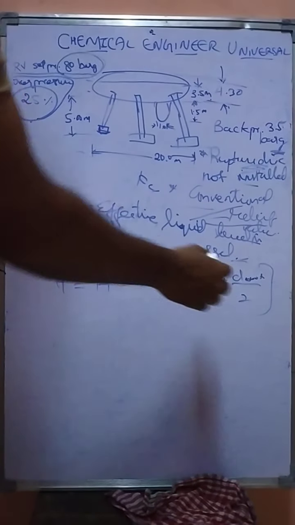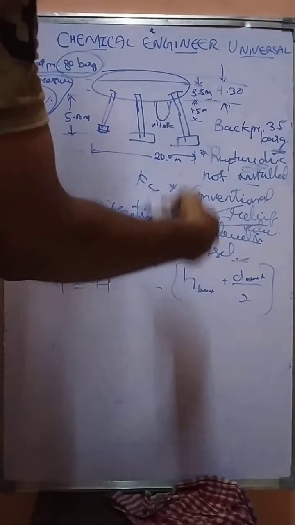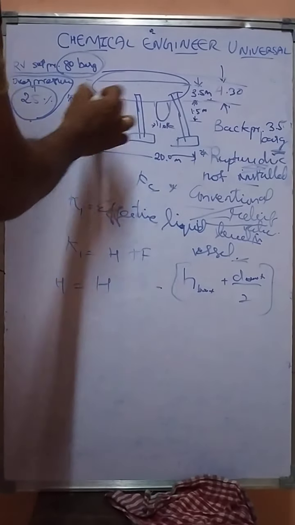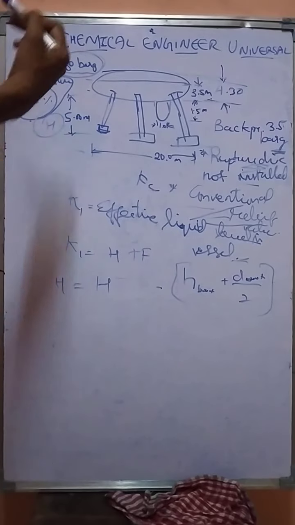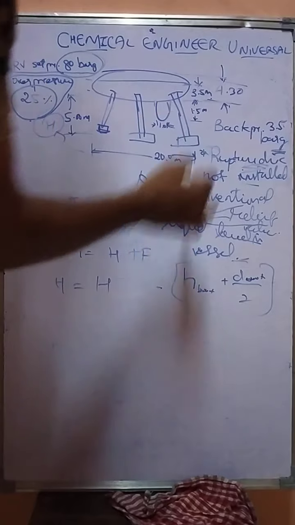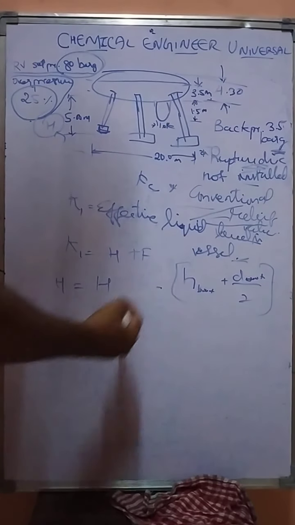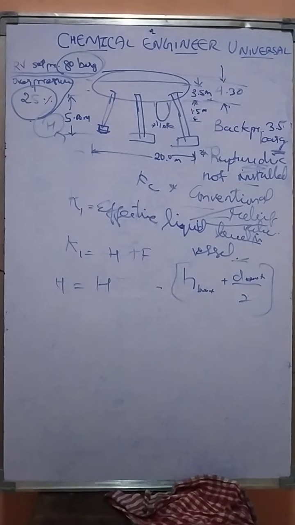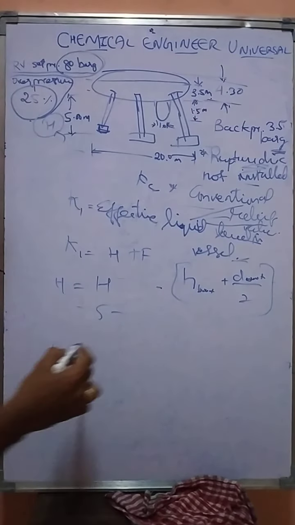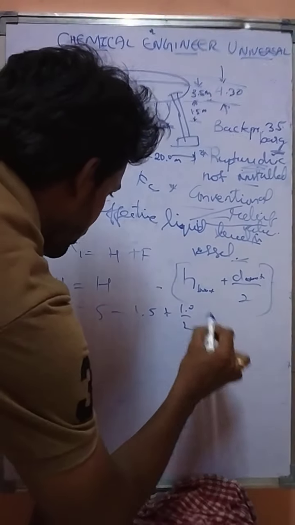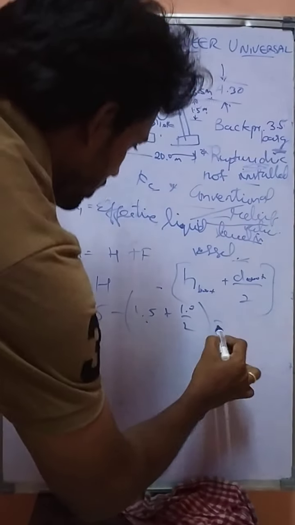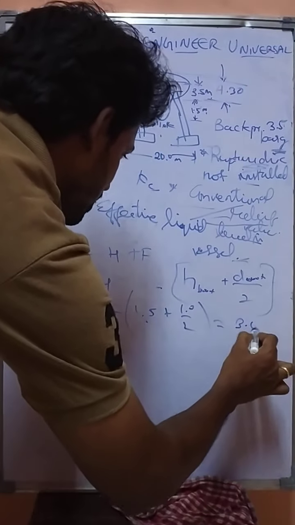I already explained the formula in the last class itself, so we can go into the formula directly. If we don't have the boot, you can take the head directly, whatever the head is, you can take the value 5 meters. But since you have the boot, you have to correct for the boot dimensions also. So we use this formula: 5 minus 1.5 plus 1 meter divided by 2, the same formula H and D by 2. We get 3 meters.